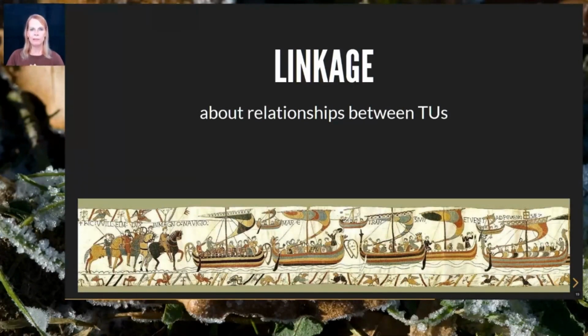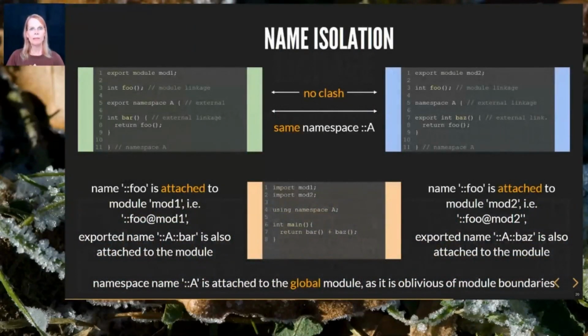The formation of linker symbols is augmented in the world of modules to allow for additional semantics of names declared within module purviews. In this example here, we see two different modules declaring two different non-exported functions foo that are invoked from the bodies of exported function definitions bar and bus in namespace A. The language rules demand that importing both modules into the same client translation unit causes no problems whatsoever, even though both modules declare functions of identical names in the same namespace. As members of the respective module purviews, these functions are said to be attached to their modules.